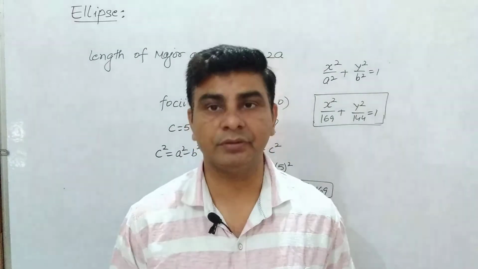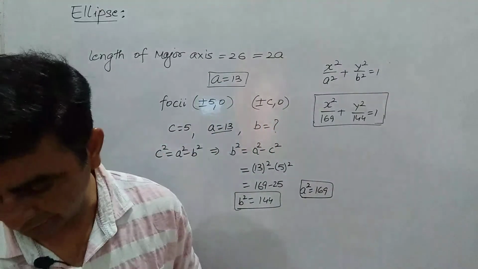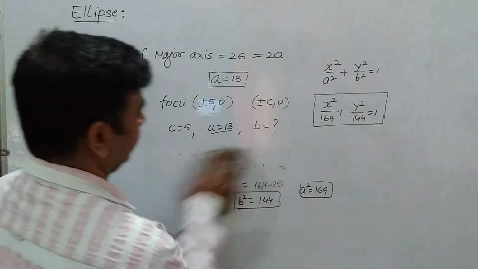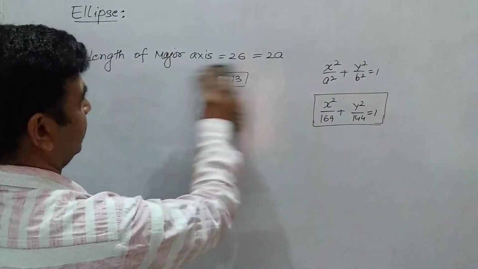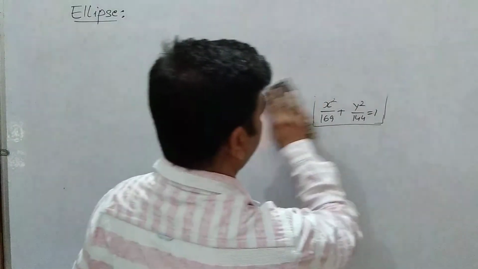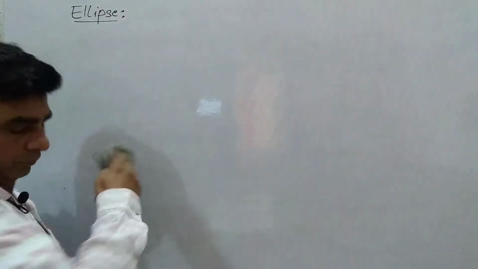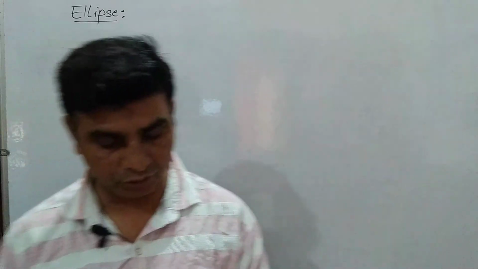Let me do question number 19, in which a point is given through which the ellipse is passing. So let's do question number 19 now. This is the second last question of your exercise. Center is your 0, 0. This is given that we need to find the equation of ellipse whose center is 0, 0, major axis on the y axis, and passes through the points 3, 2 and 1, 6.